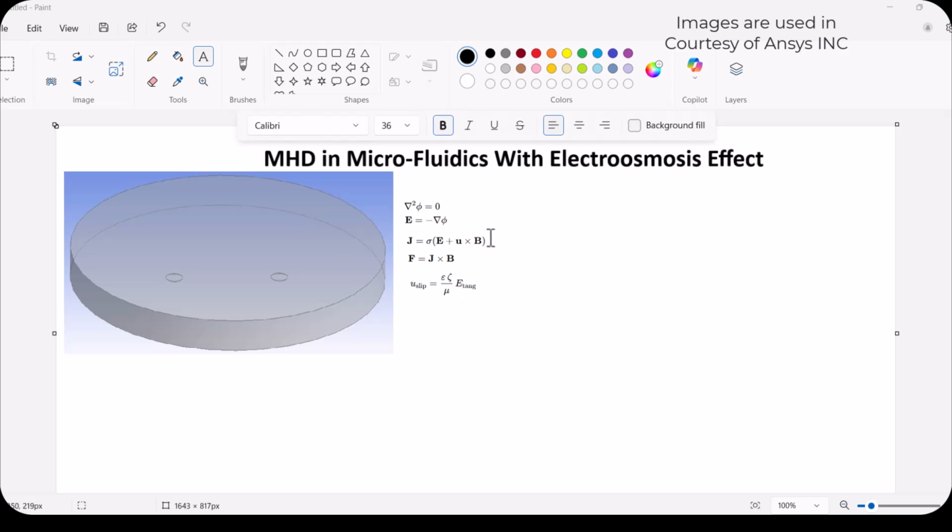Hi friends, in this video we'll discuss MHD, magnetohydrodynamics, and microfluidics with the electro-osmosis effect. This is very micro in nature, the size and the shape that you are seeing. For this kind of structure, if the fluid is present and a specific